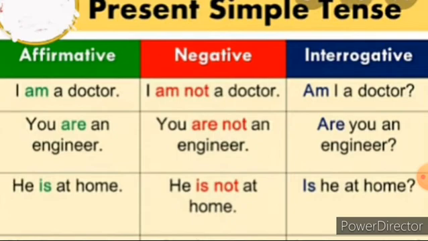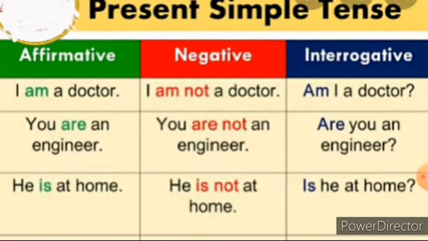Likewise, look at the next one. You have to answer, children. You are an engineer. That's the affirmative column. And then how will you change it for the interrogative, which is the be form verb mentioned here? Are you an engineer? The same thing, children. Just replace the verb form and then the person, that is the second person. Are will come in the first place and the next, you. Are you an engineer?